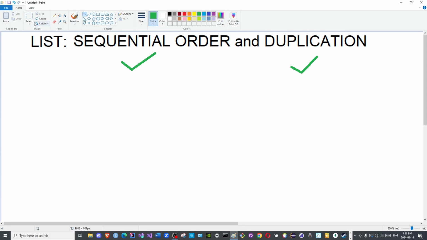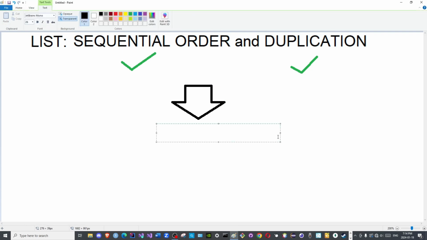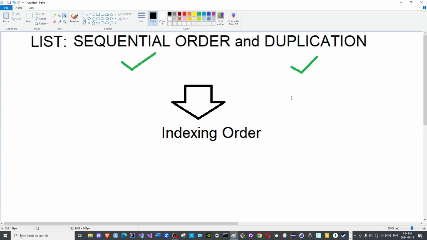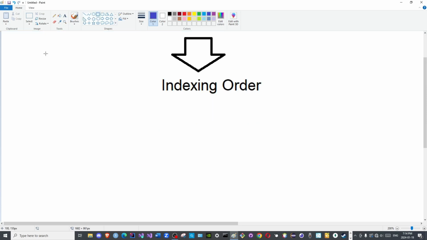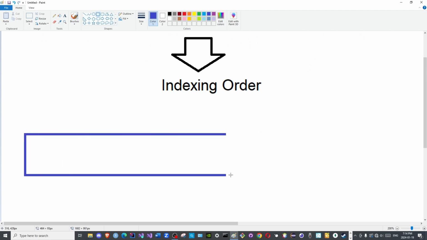Is there a reason for the existence of sequential ordering and duplication in lists? Yes, and the answer lies within two words: indexing order. Or if you wish to remove order, then it will only be a single word, indexing. How so? If we take a look at the structure of a list,